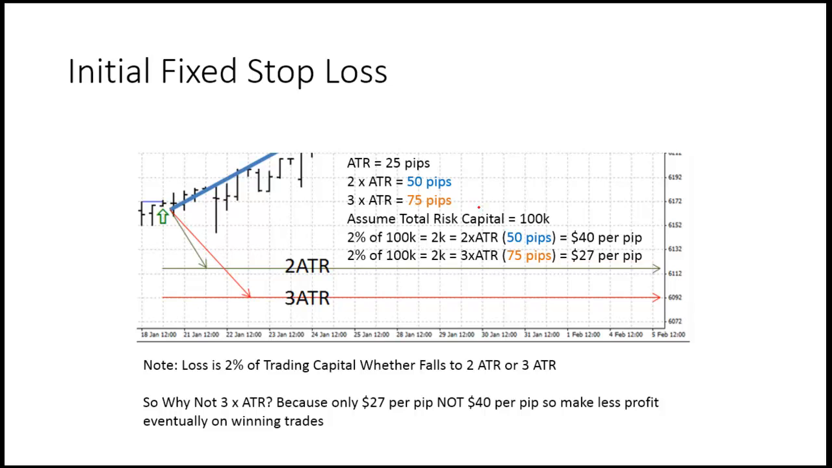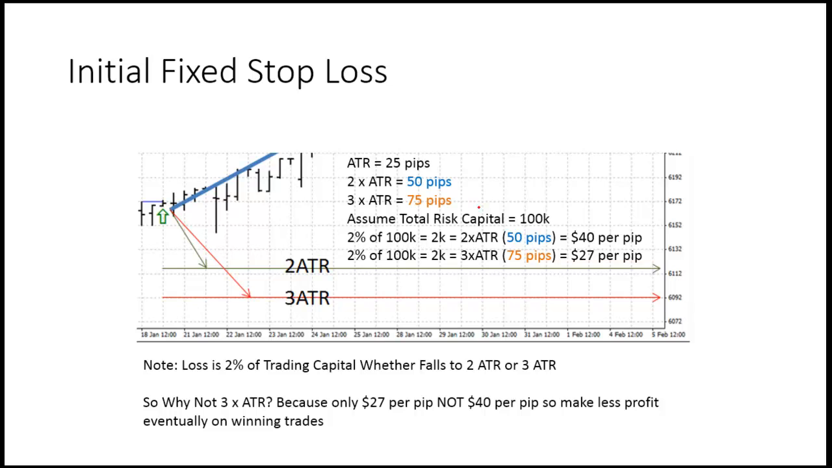Again, that then begs the question, why not always have your stop loss further out? Then you'll have fewer losses. Well, because only $27 per pip and not $40 per pip are betted or traded with, so you make less profit when you win. Do you see the trade-off? Yes, you'll lose